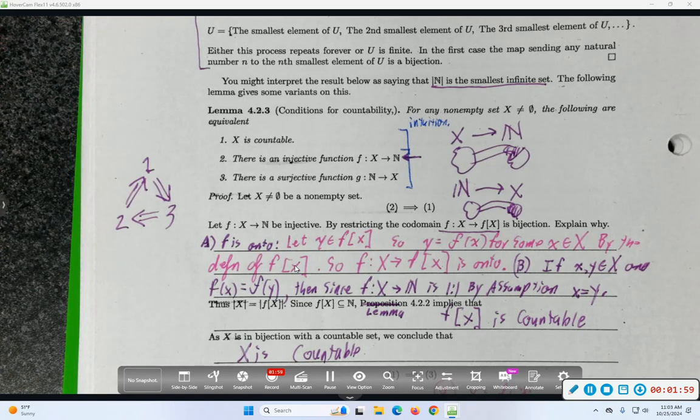That's what we would need to do, because that's what not bijective means. Or we could show that there is not a surjective function from the natural numbers to the real numbers. That's the one we'll use, the surjective. So to prove not countable, we will show